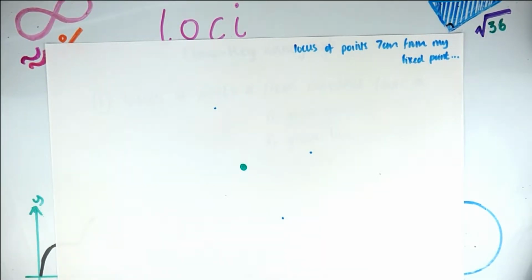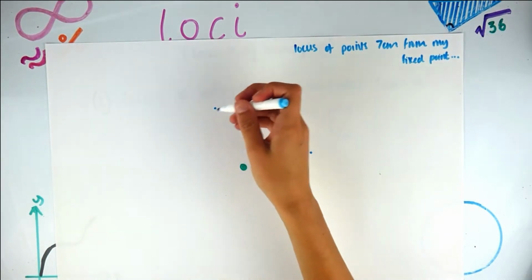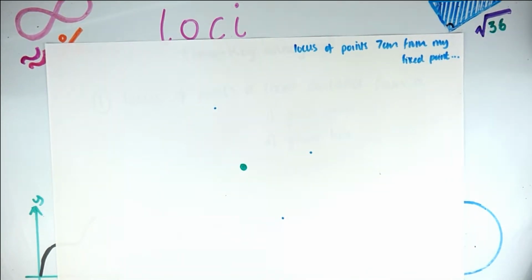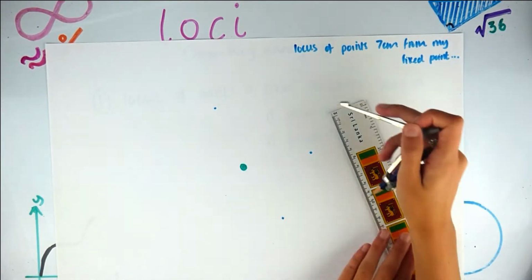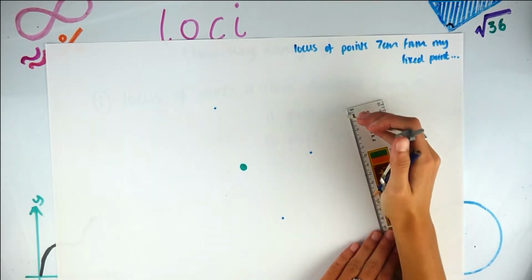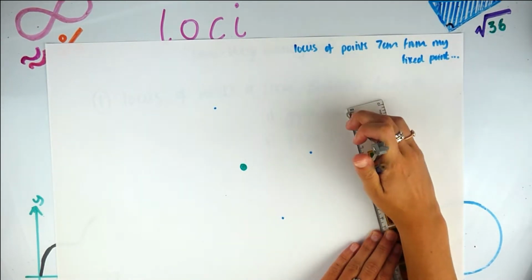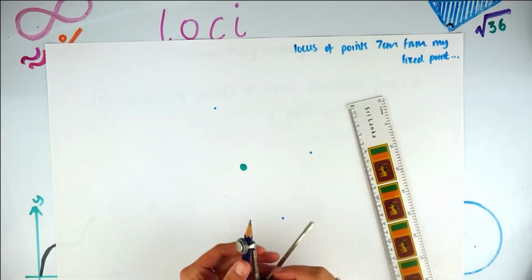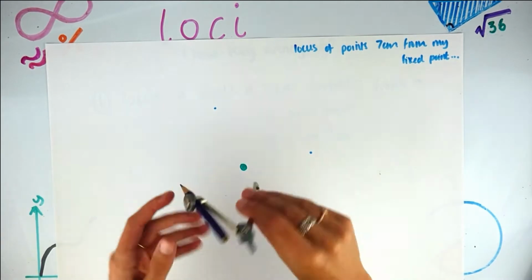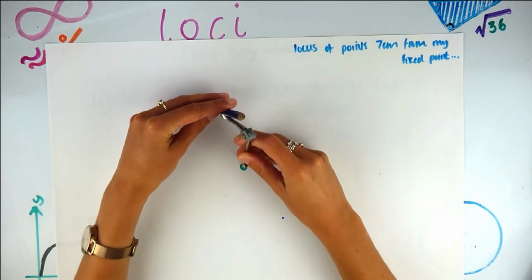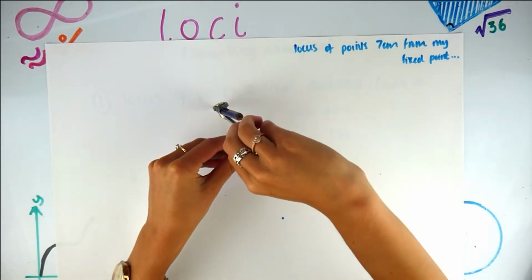So, if you kept filling in that, you might notice it looks a bit like a circle, and 7 centimetres is your radius. So the way to do this is you grab a compass, one of the sharp things, and you don't stab someone because it really puts people on edge, and you want 7 centimetres away. So you get the scale as 7 centimetres. Like that. So this now, that gap from there to there is 7 centimetres. Now I'll put that on my point, and I draw a circle